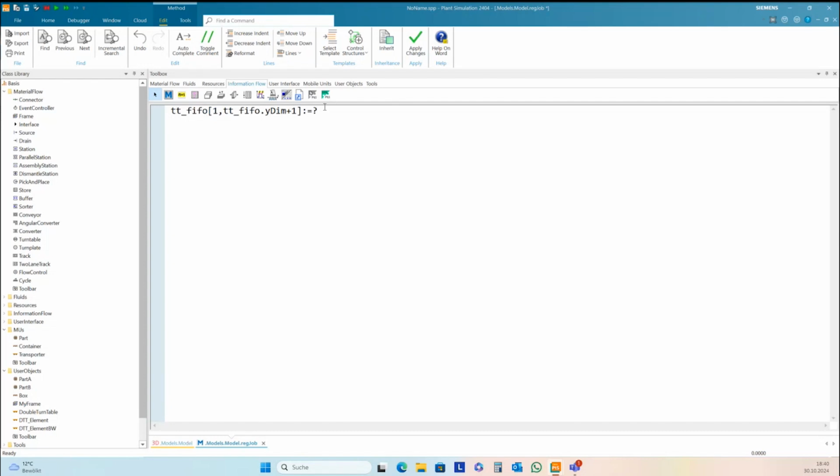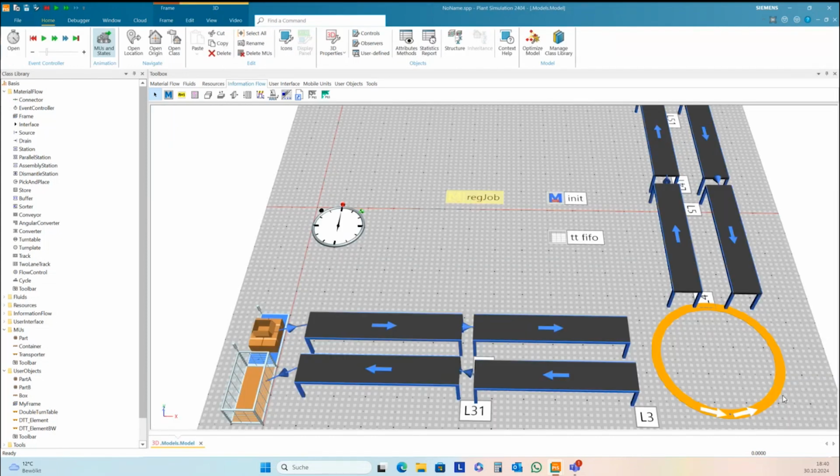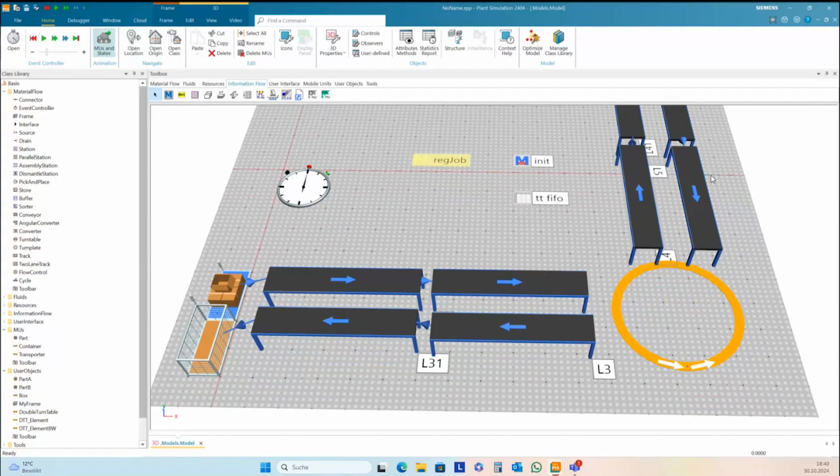Quite simple. I just add this lane or this conveyor into the FIFO list. And so I have the order of transports, also if I have more of these lanes here.